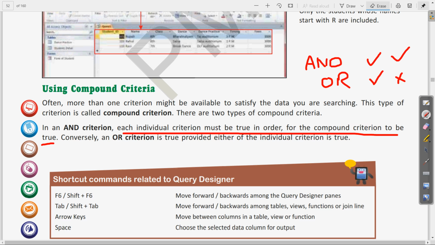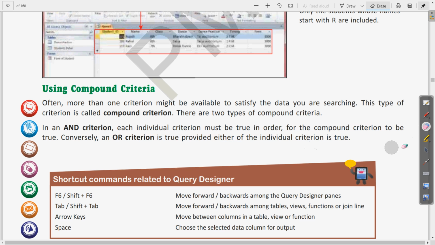Clear? So it may happen that both are required to be true, but in Or, if either of these is correct, the result of that criteria will be displayed to you. Clear? So Or criteria is true provided either of the criteria is true. Clear? So this is the meaning of compound criteria.